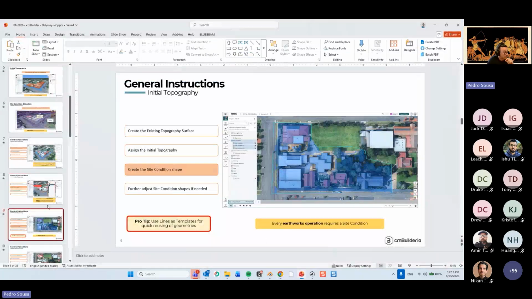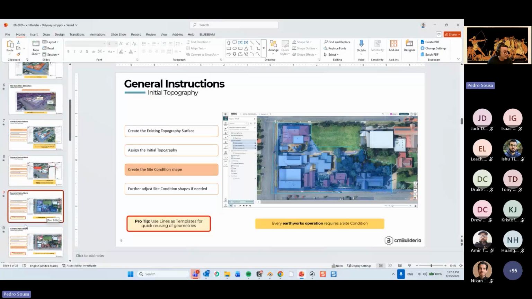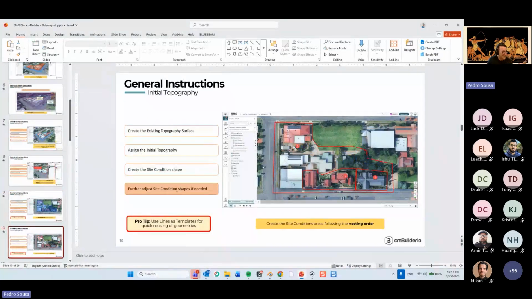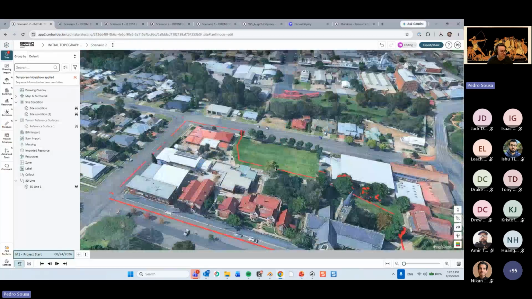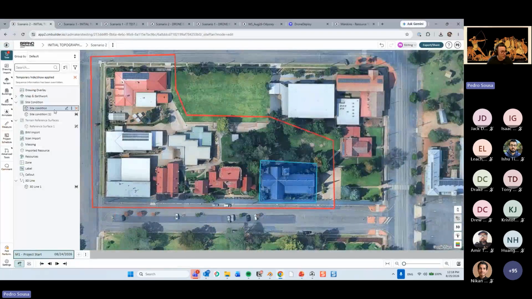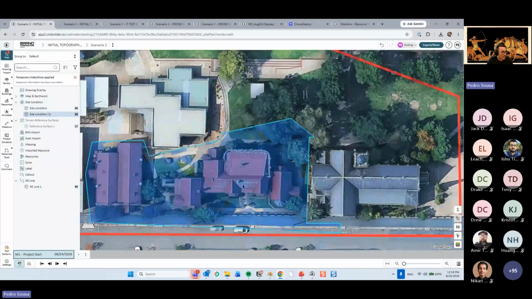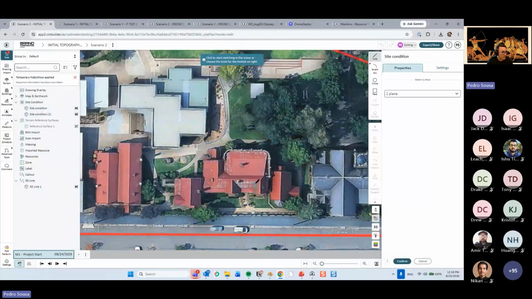And the last thing, I know that this is probably the third last thing that I'm talking about right now, is that you can further adjust your site conditions if you need, by creating them in the nesting order. What does this mean? It means that if I have created a site condition over here and another one over here, and then I try to create a new site condition inside of this one here,